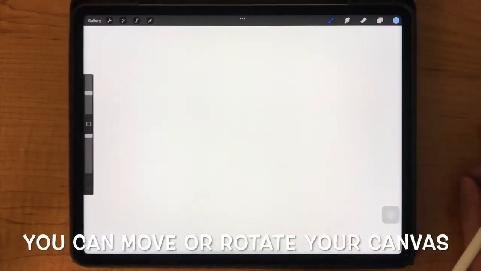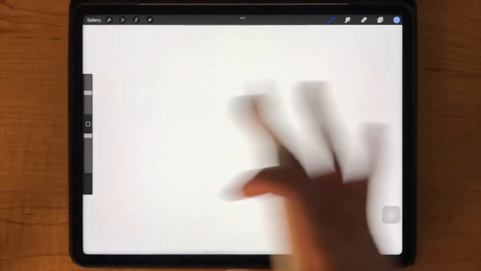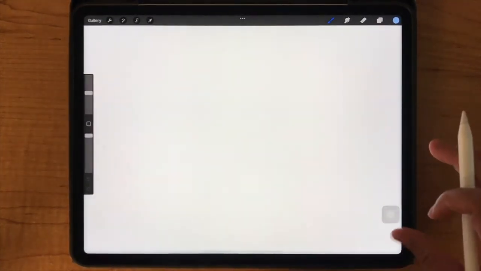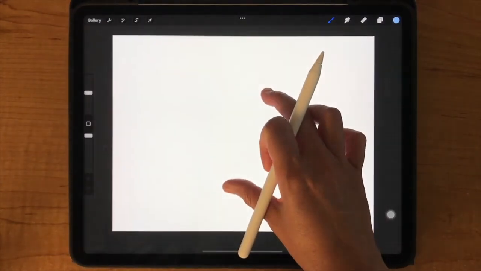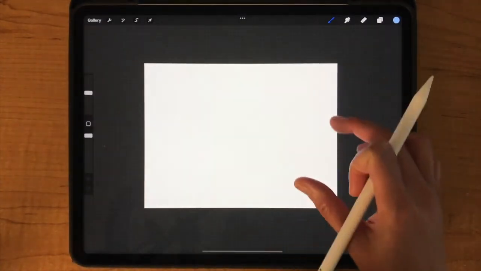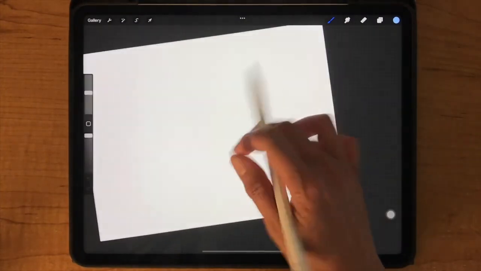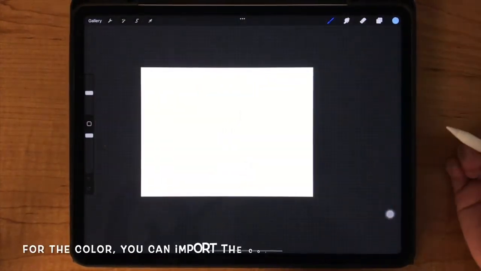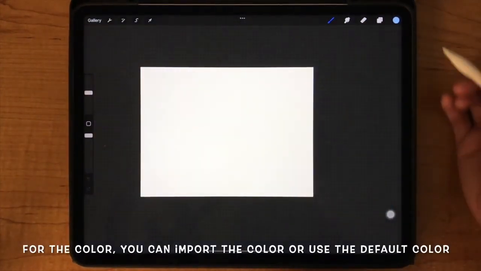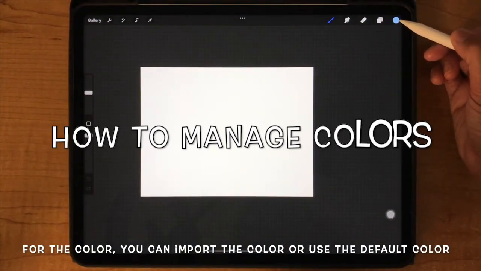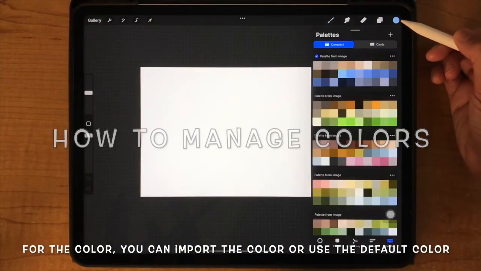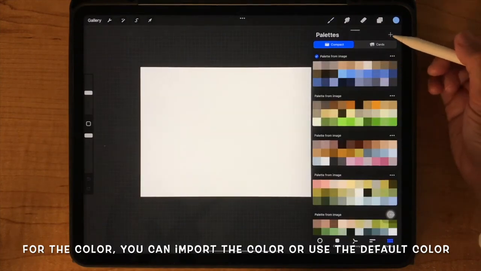So I'm going to show you that we don't always have to use full screen like this. We can pinch it like this, and it will become smaller. And you can play. Okay, and then this one is color. You can push color, and this plus icon,